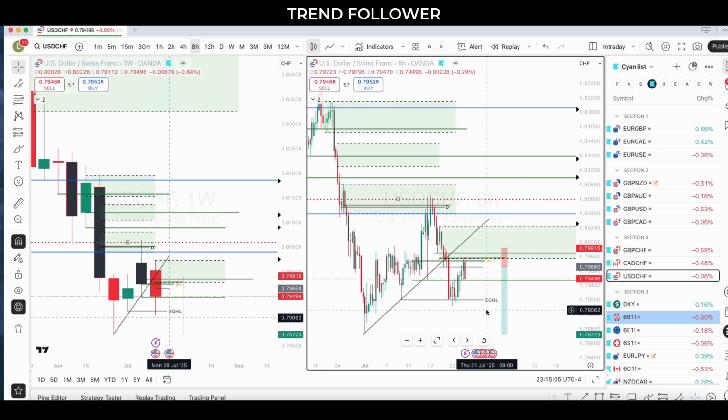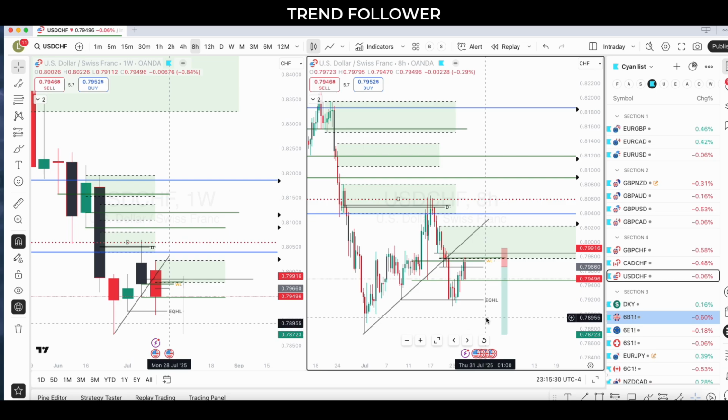The warning. This week you have three major news events, which are the USD, CAD, and JPY rate statements on Wednesday. So it's going to be a volatile week, which can also mean that USD, CAD, and JPY names may just chop around till Wednesday at least. There is a possibility of that. So keep that in mind.